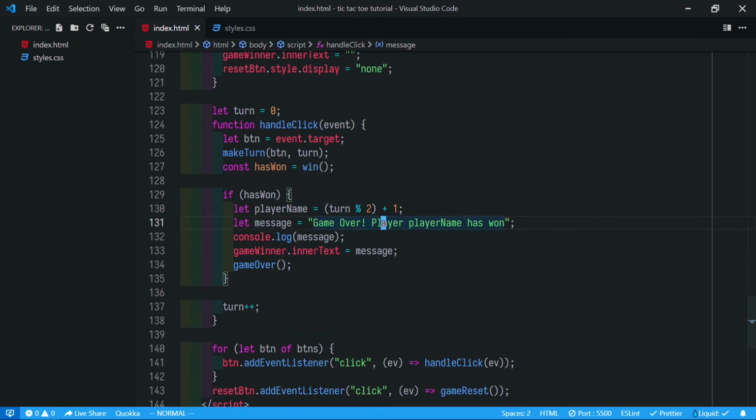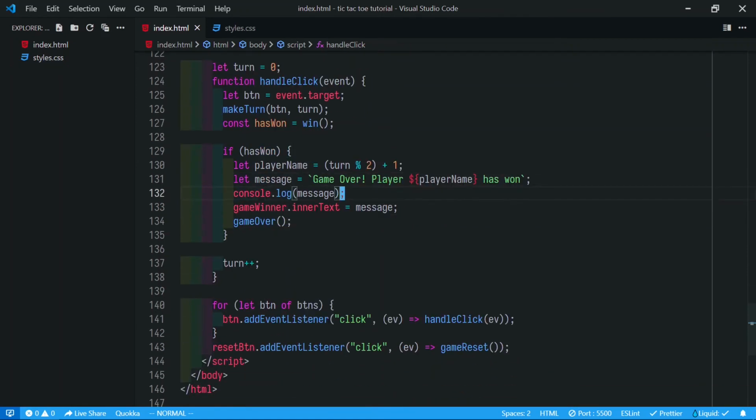So this is the string and it will be printed as is. So we have to tell that player name is a variable. To do that, we will wrap it in curly braces with a dollar, and instead of double quotes we will use backticks. So you see that its color changed and it will put the value of player name here. So this has fewer plus signs and quotes, looks great. That's the one thing I wanted to show.